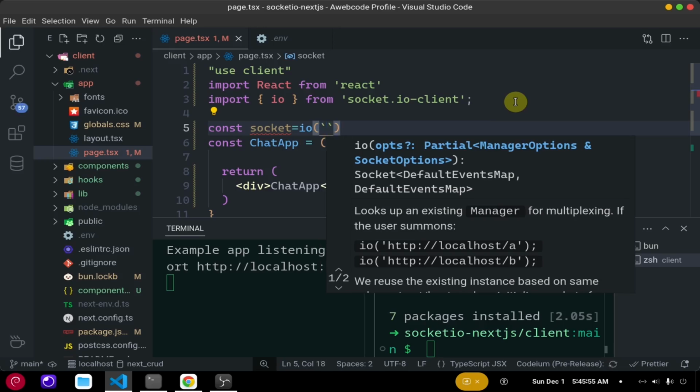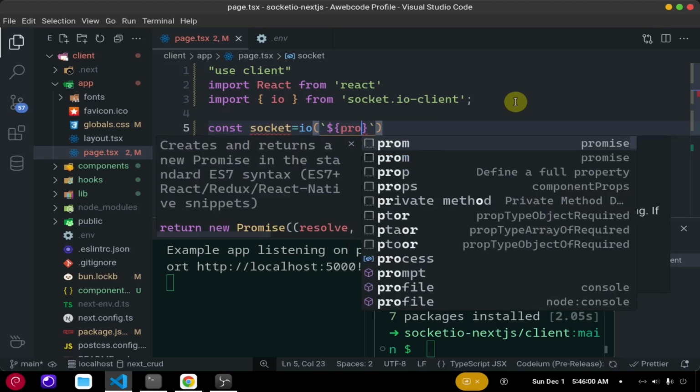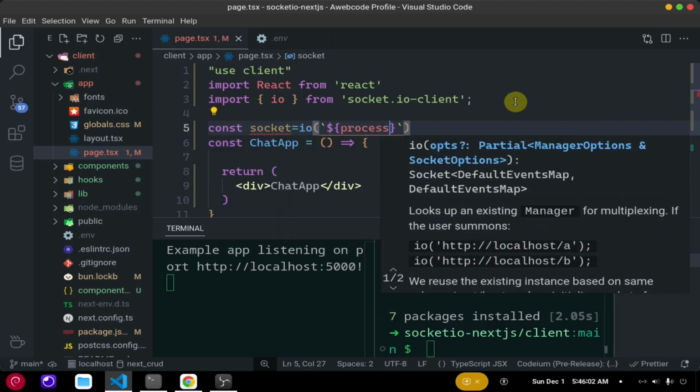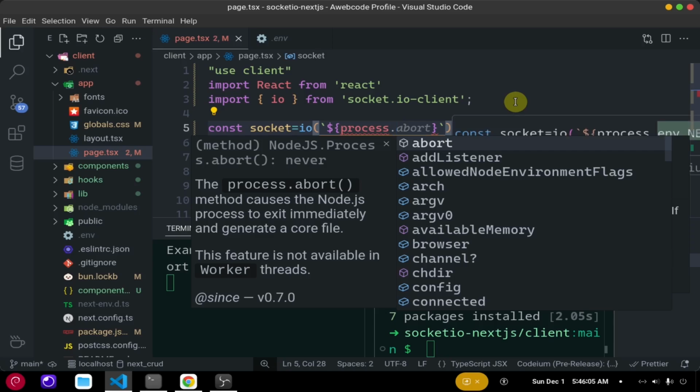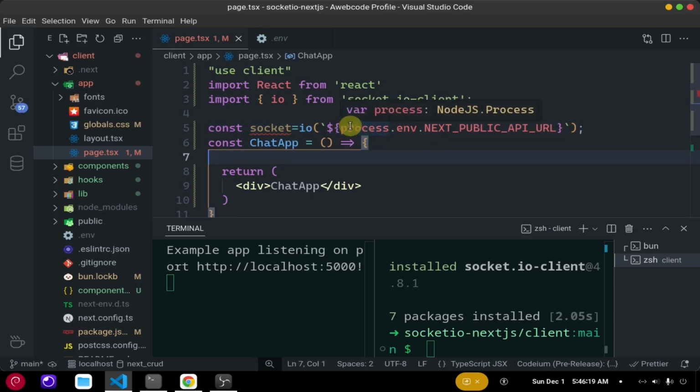And we'll use process next public API URL. Okay, so we are using our server URL to connect socket.io, and now we will just need to